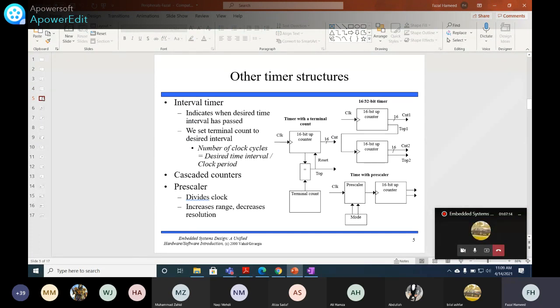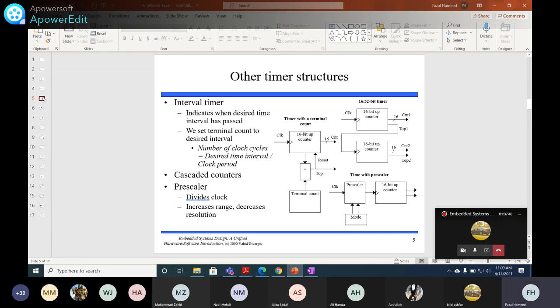We also have an interval timer. An interval timer indicates when the desired interval has passed, and we set the terminal count to the desired interval. Okay, so the desired time interval. So it indicates that when the desired